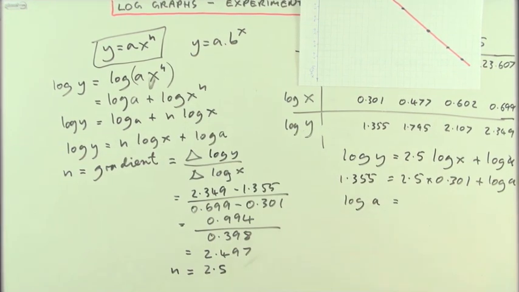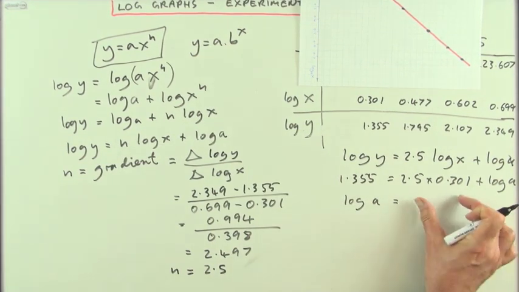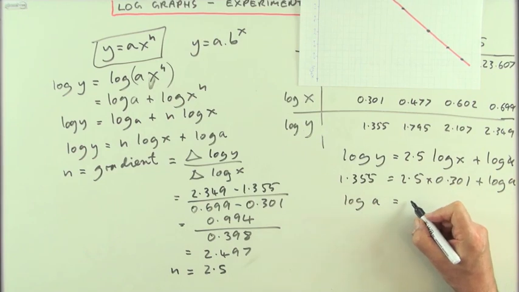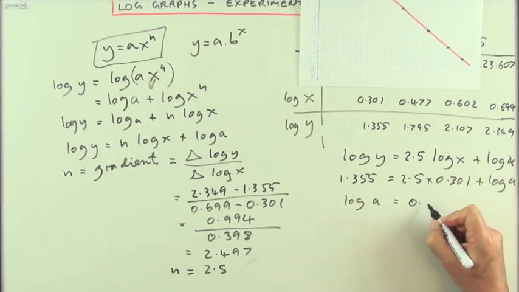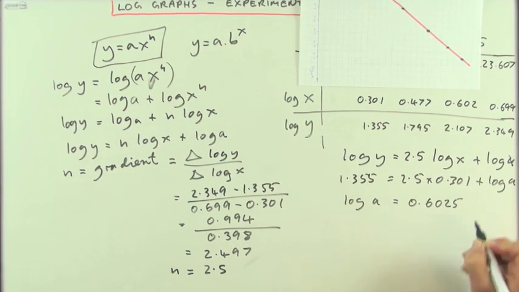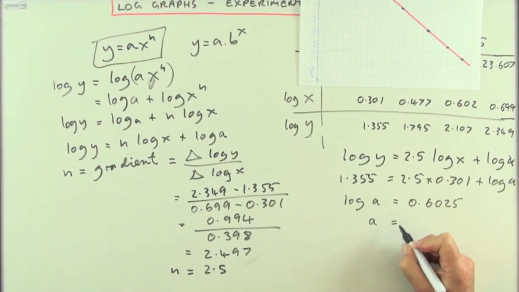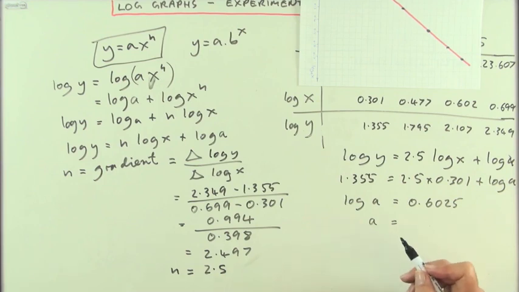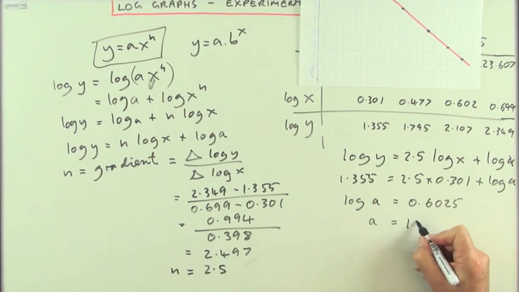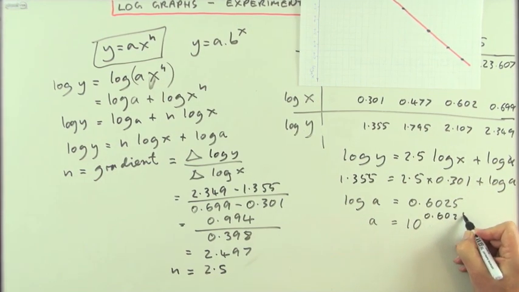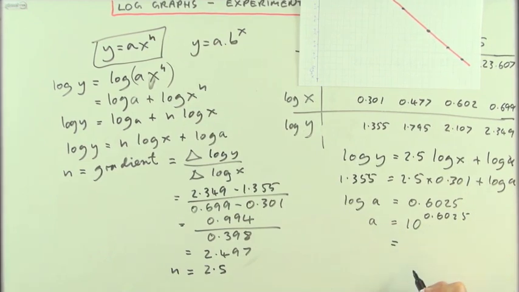Log 10 of a is going to be, if you multiply that and take it across and subtract, just to save a bit of space, you get 0.6025. And then a is going to be, get rid of log 10 by doing its inverse, exponential base 10. Pop it into the calculator, you get 4.004, so a is 4. So you get the same results as before. y equals 4x to the